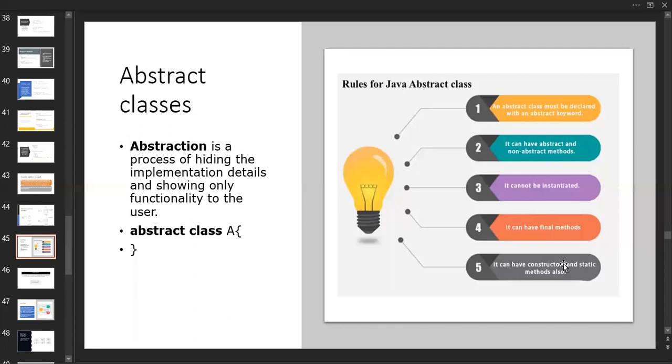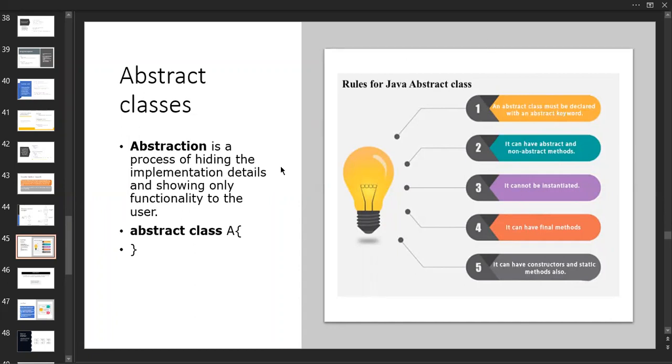We already know that. If you want to access a static method, there should be another static method to call it, or else you need to create an object for the class. This is all about the abstract class rules, and you have to follow them. If you forget to mention abstract, it is like a general class.